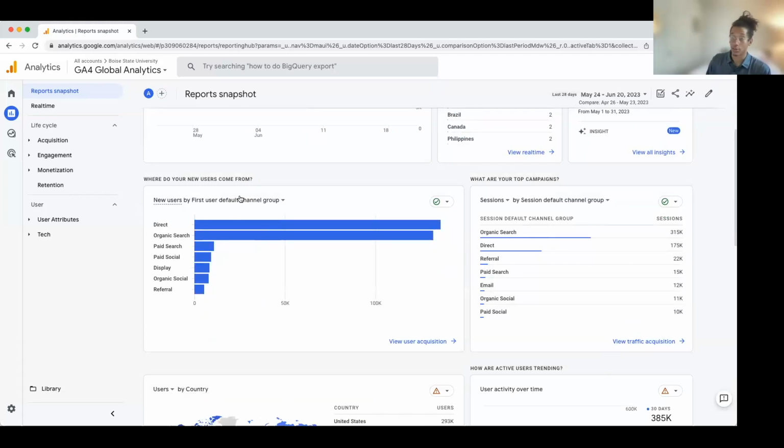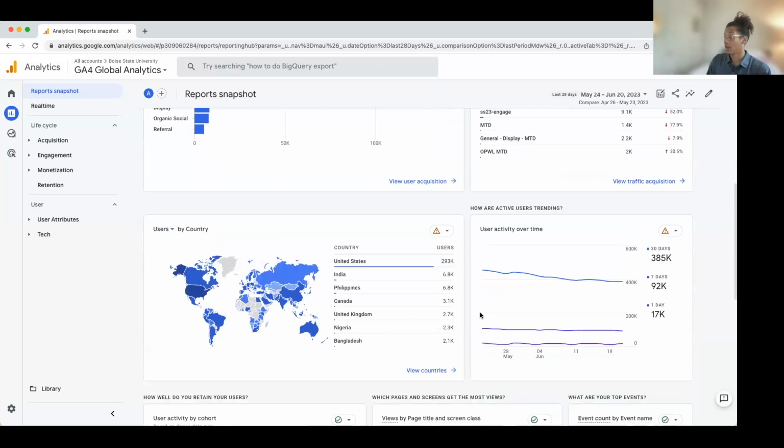This is new users by default channel group, but we're also able to select a drop-down that lets us see source, medium, campaign, etc. We can also look at sessions by channel group, by campaign.